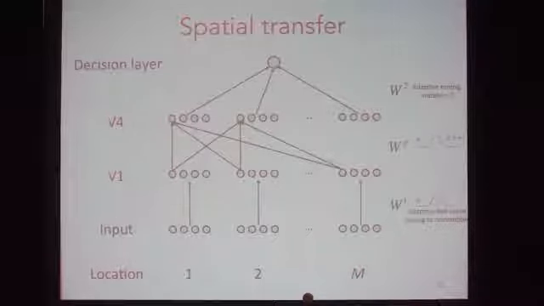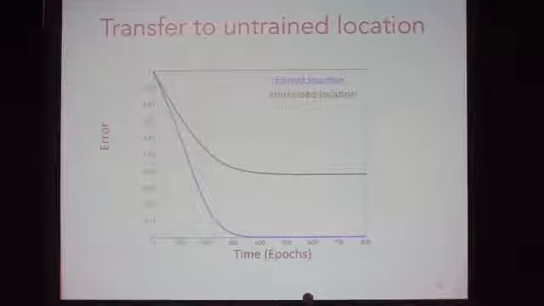So now I have a V4 that has some fixed spatial pooling according to some bell curve tuning. And I've structured it in a way so that the dynamics are no different, but now we can ask how well you will transfer to different locations. So here's an example. The blue curve is showing your performance improvement at a trained location. The green curve is showing your performance improvement some distance away. And the general intuition is you're going to completely lose whatever's at the lower layer when you transfer, and you're going to transfer some of what's at the higher layer.